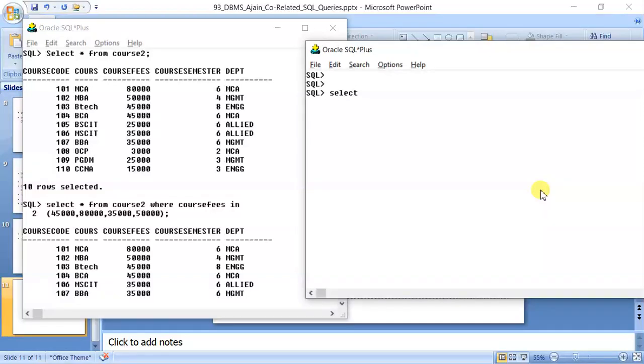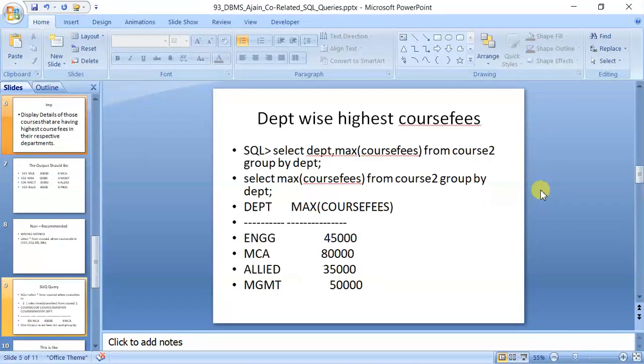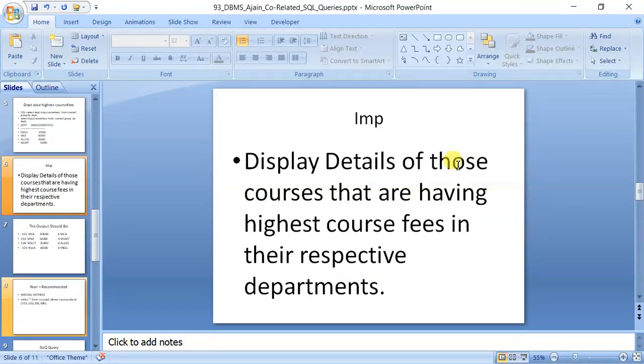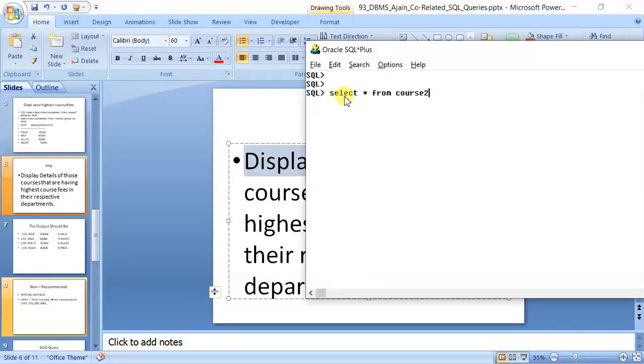Select star from course2. Now see one thing carefully. The question says display details. It means I have to write star, because details means it is asking you everything about the course. So select star from course2. Now I will type an alias C1.